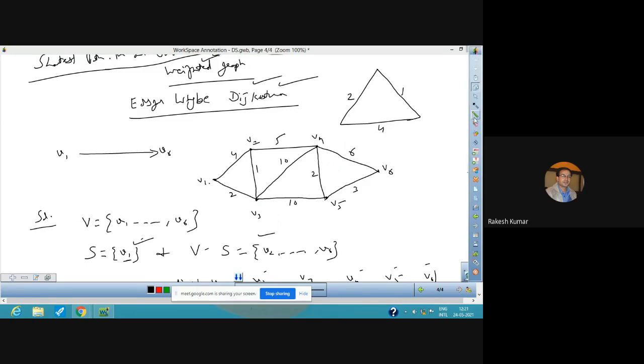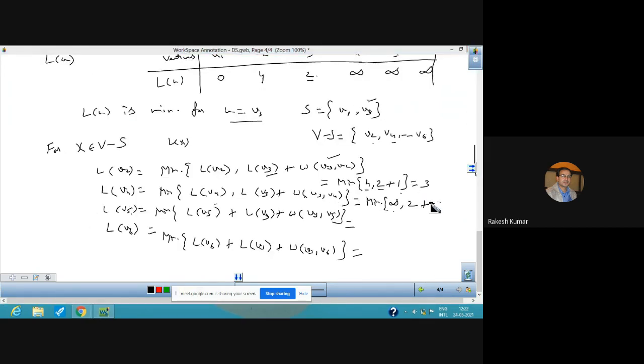Now you just see the value of the weight V3 and V4. Sorry, there is a grammar, this is a clerical mistake. The value is 8. So this edge of the graph with the weight 8 is given. So the weight between V3 and V4 edge is 8. So you can use it here. So ultimately, the minimum value between infinity and 10 comes out to be 10. So this is your minimum value.